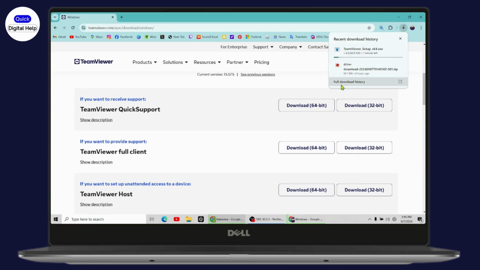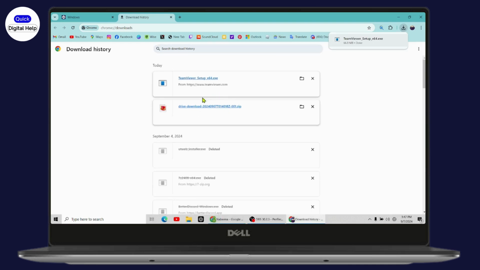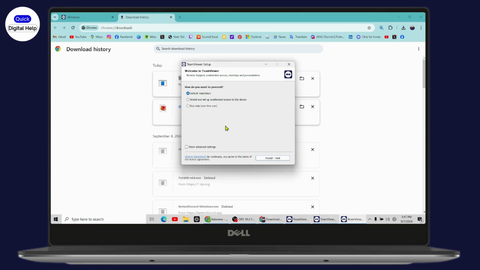So here you can see by going to full download history, you will have this kind of interface where you'll be able to see the download process. So it may take some time to download. Just wait for some minutes or a few seconds. Once it's downloaded, you can simply open up that, click on that, and you will have this kind of interface